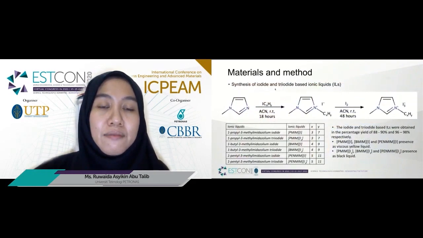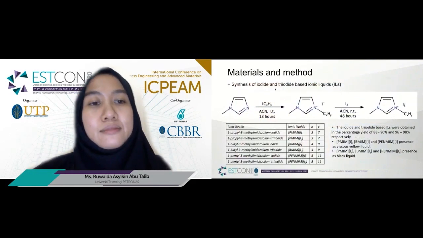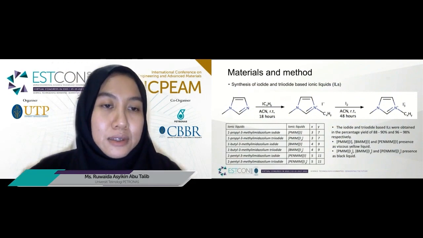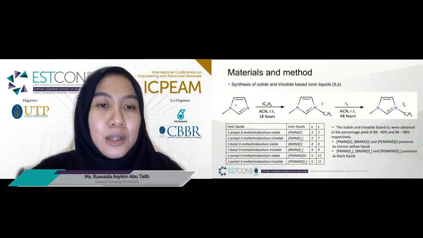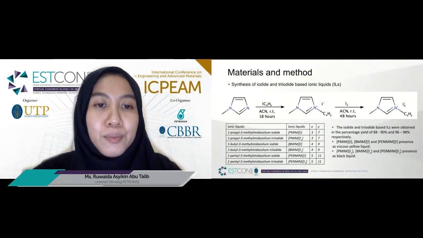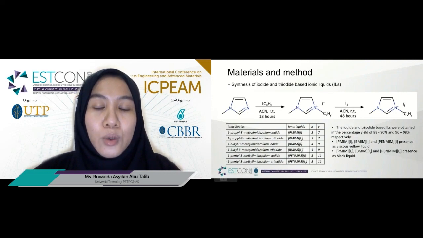For the synthesis of iodide and triiodide-based ionic liquid, firstly, we reacted 1-methylimidazole with iodopropane, iodobutane, or iodopentane in acetonitrile at room temperature for 18 hours to obtain 1-propyl-3-methylimidazolium iodide, 1-butyl-3-methylimidazolium iodide, and 1-pentyl-3-methylimidazolium iodide. These iodide-based ionic liquids were then reacted with an equivalent amount of iodine in acetonitrile at room